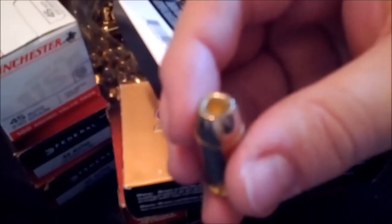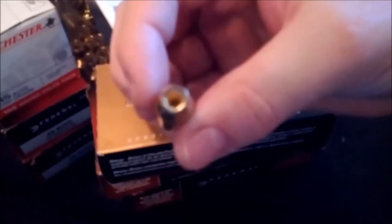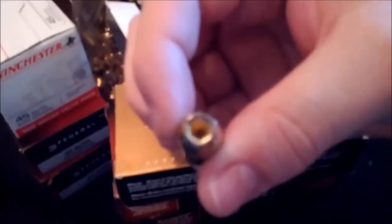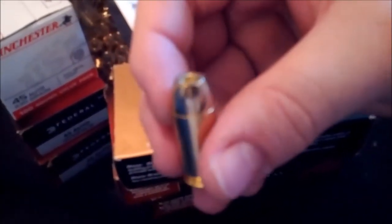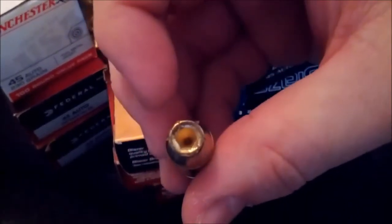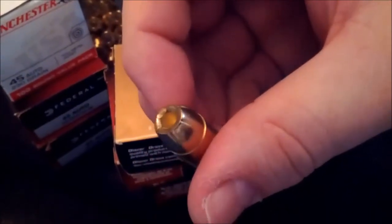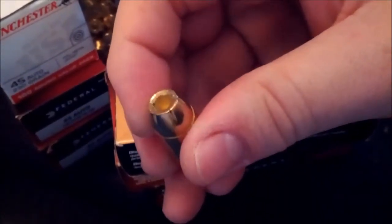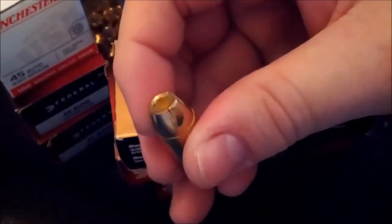But these rounds here, they seem to have really dropped off on their QC, and if I could get it to focus, you'd be able to tell that it's almost as if the rounds here are meant to be, in times of non-emergency use, a wood shaping tool. There you go. Now you can see the inside of them. It's very rough, not smooth. The rounds I currently have in my magazines